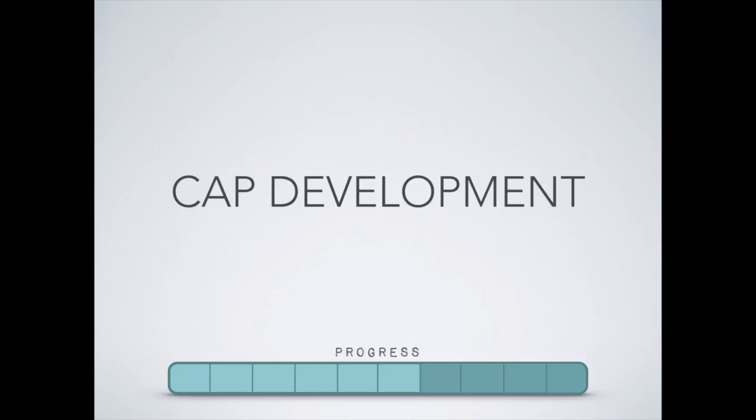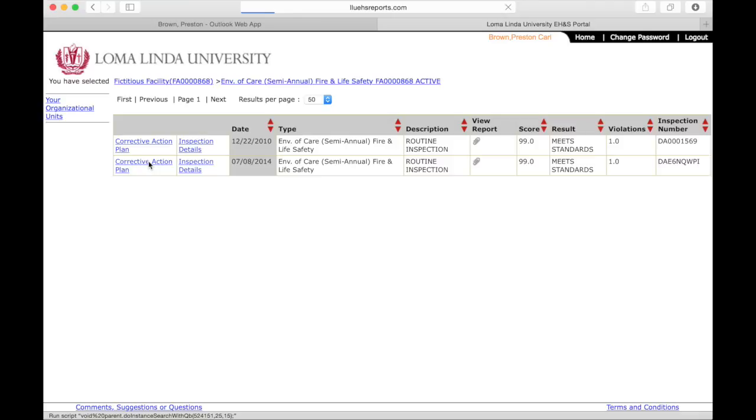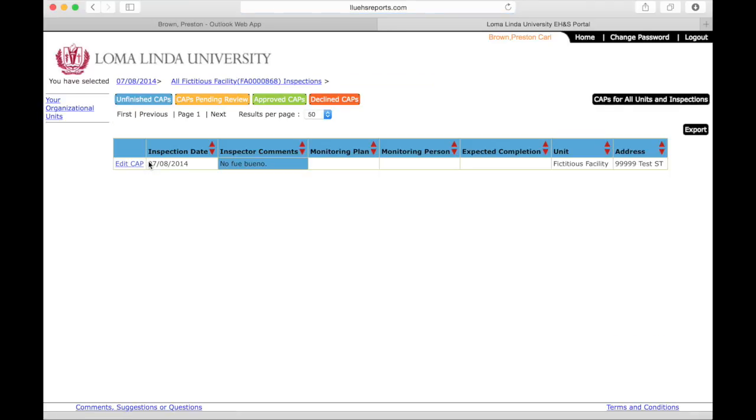To create a CAP, or corrective action plan, and begin the resolution process, click Corrective Action Plan and let's get started. If there were deficiencies in the inspection you clicked on, you should see those deficiencies as individual rows. The color-coded buttons at the top allow you to filter based on unfinished CAPs, CAPs that you've already submitted and are pending review by EH&S, approved CAPs that are complete, and declined CAPs that have been sent back to you